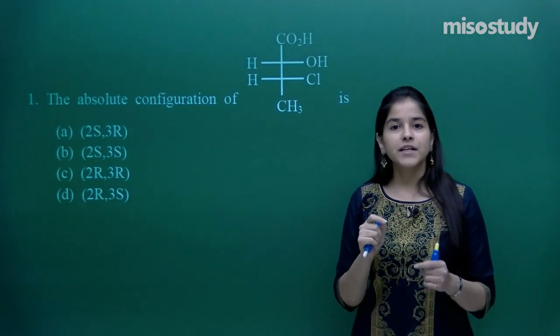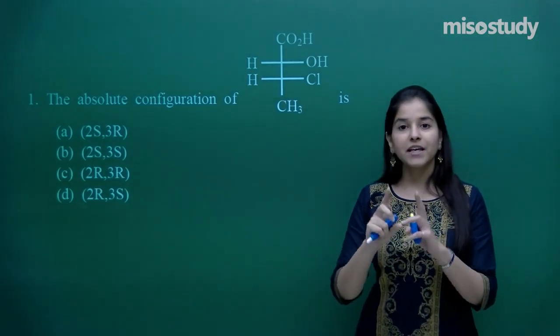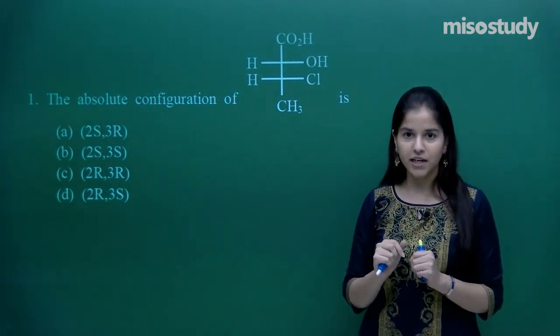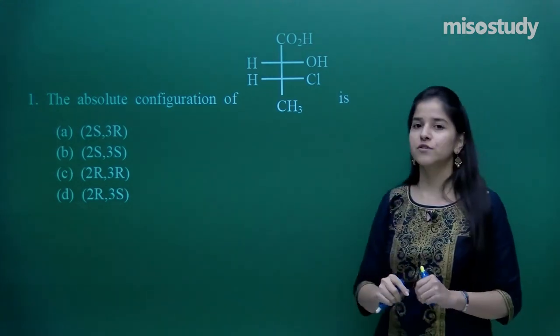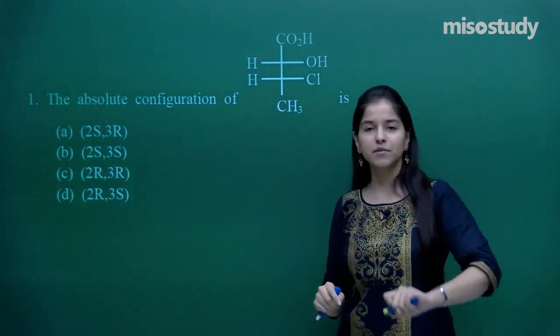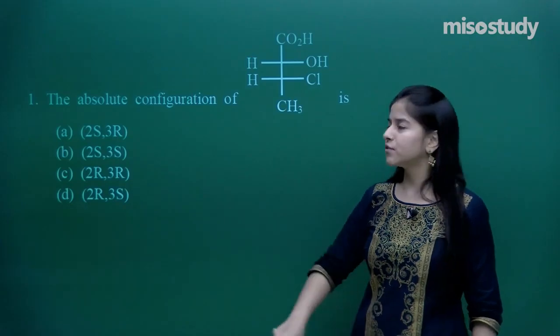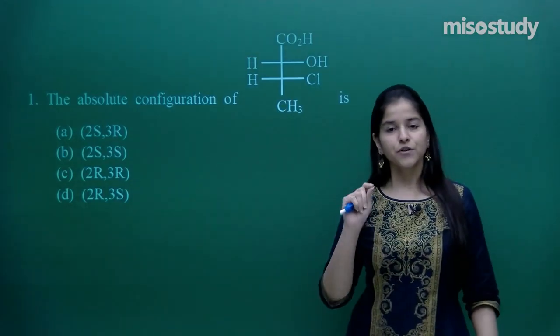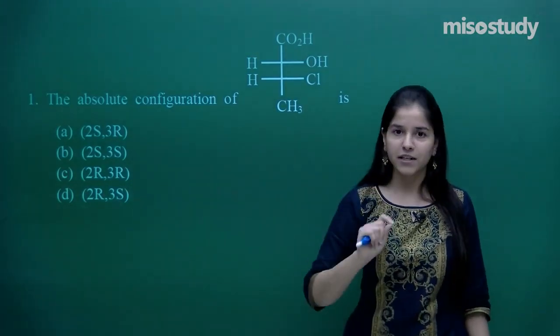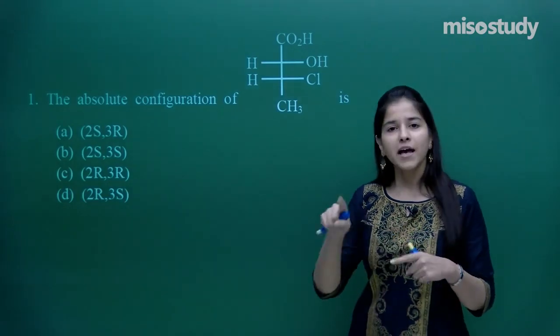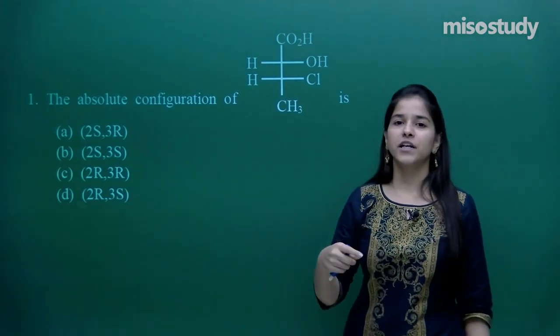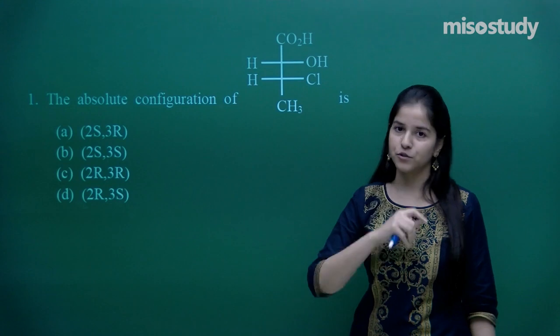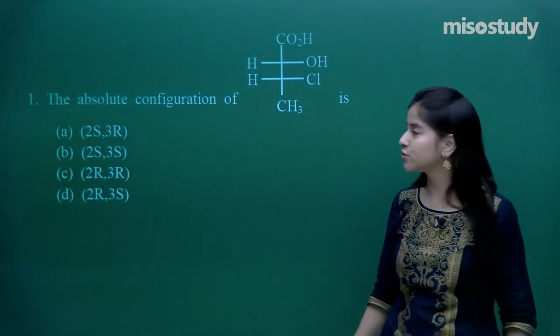Just as what we did in the case of isomerism, in assigning the R/S configurations for simple molecules, that means having only one chiral carbon, that is the same procedure over here. You need to first find out the number of chiral carbons, and then assign the configurations with the same rules that we have followed.